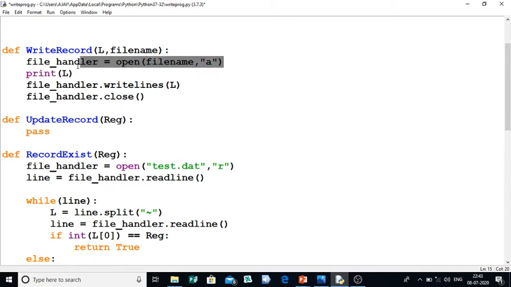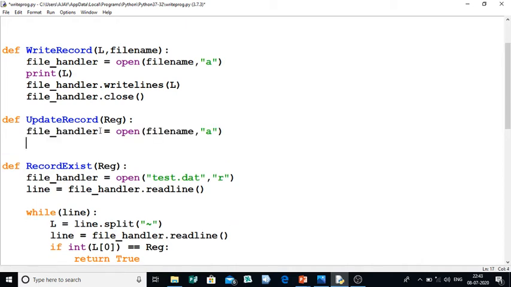And now can you guess what I'm going to do? I'm going to open the file first, and I'm going to open that in A mode. Or I can open this in R mode also. Okay, R mode. And